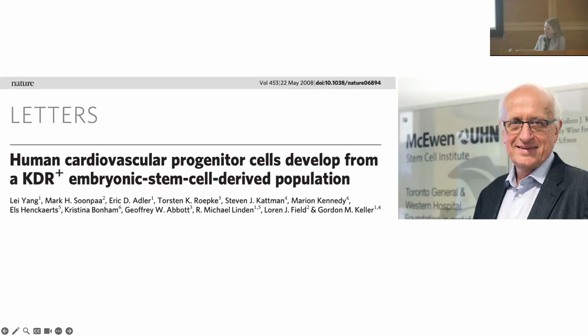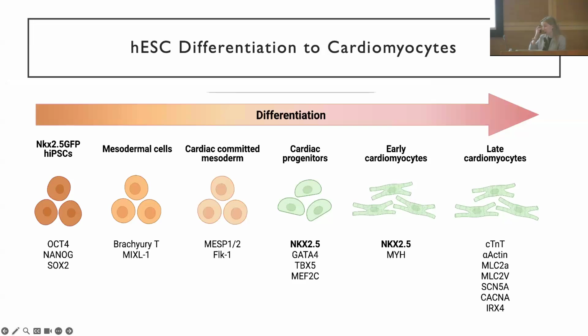And how do we do this? Essentially, we copy what we know from developmental biology, and we expose the cells to the same signaling pathways that they would see during development to force them from the pluripotent state through to the mesodermal lineage, then to cardiac progenitors, and ultimately to cardiomyocytes. And certainly there are some limitations here. Those of you who are maybe more familiar with these models will know that limitations include they do tend to be a little bit electrophysiologically immature. But they do offer an unprecedented opportunity to study these processes in a human model.